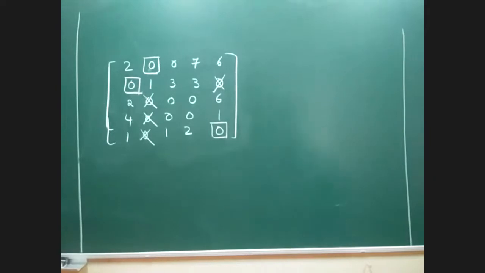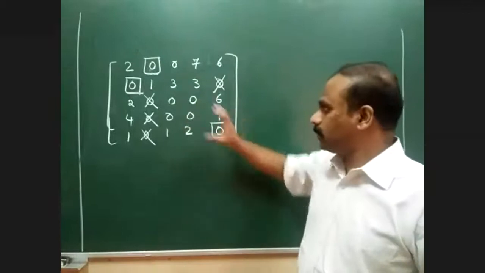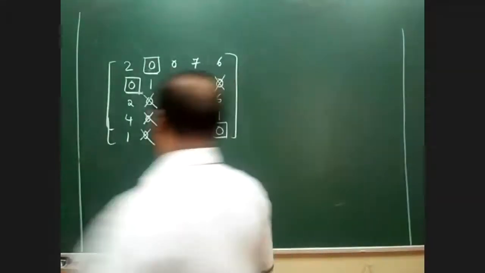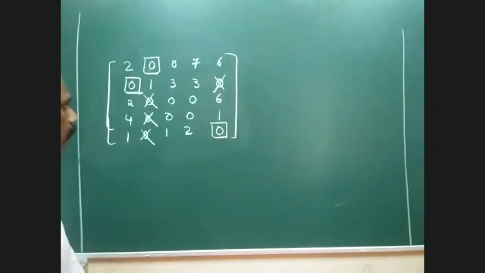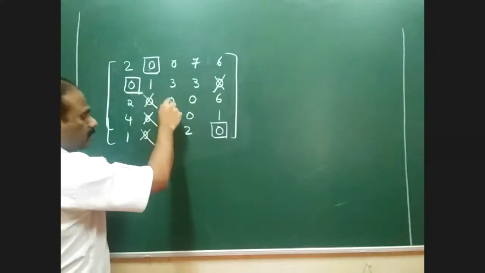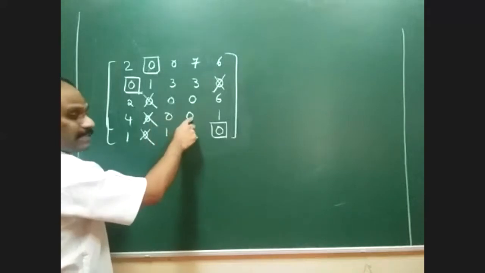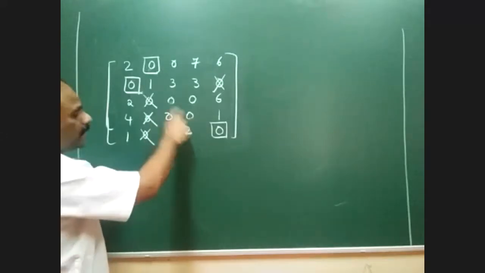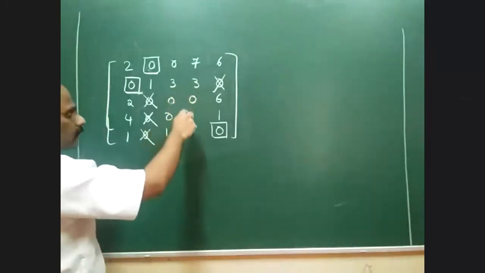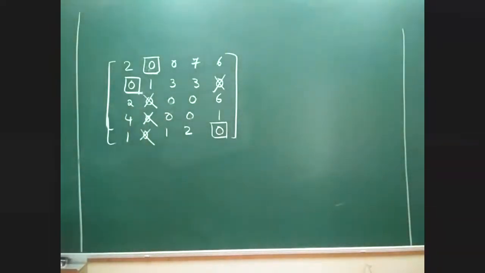Let me go for the next. Now you can see that there are totally 4 zeros available and these 2 rows are yet to be allocated. Now let me take the third row. I have to take a call: should I take this 0 or this 0? Suppose I take either 0, then this gets cancelled and still one more value is left. If I take this also, then this will be blocked, so there is one more chance here. Either of them can be taken.